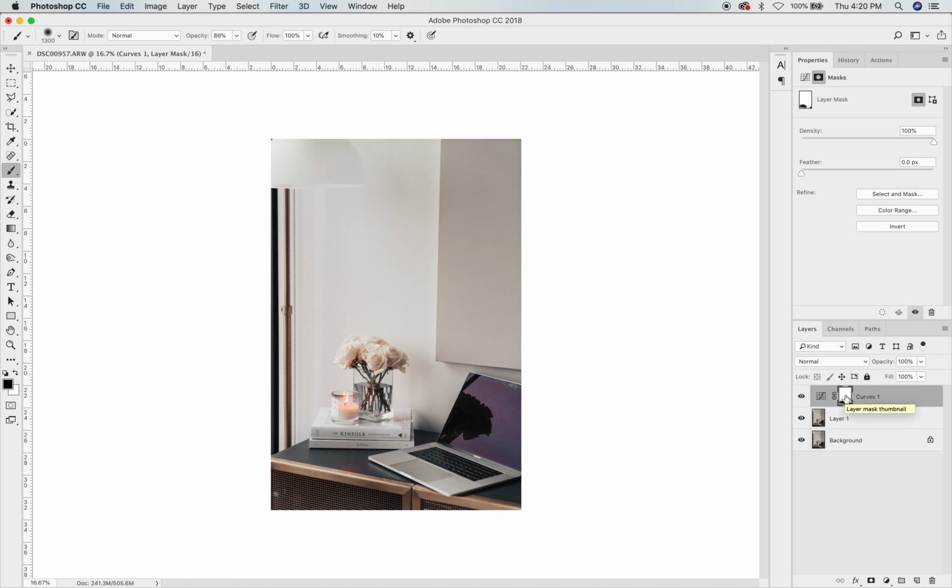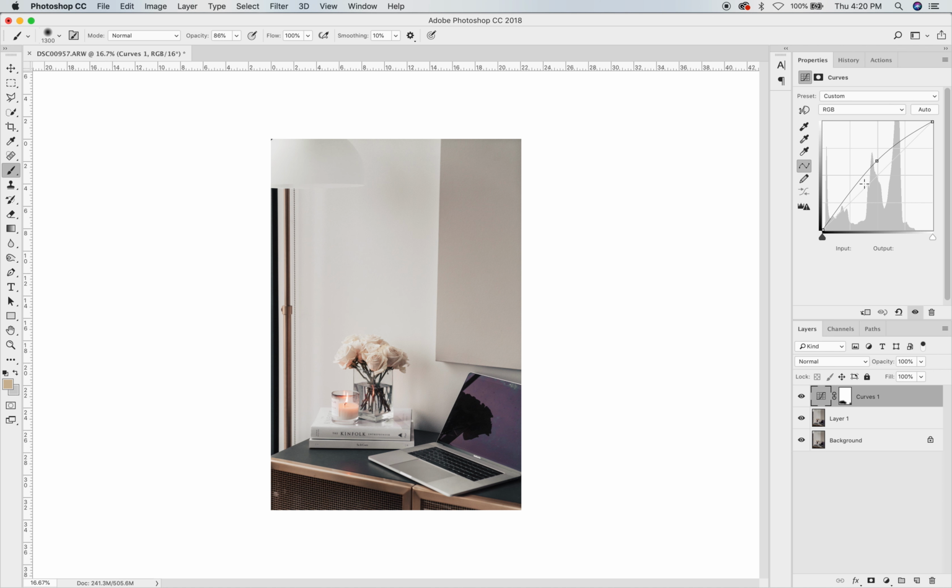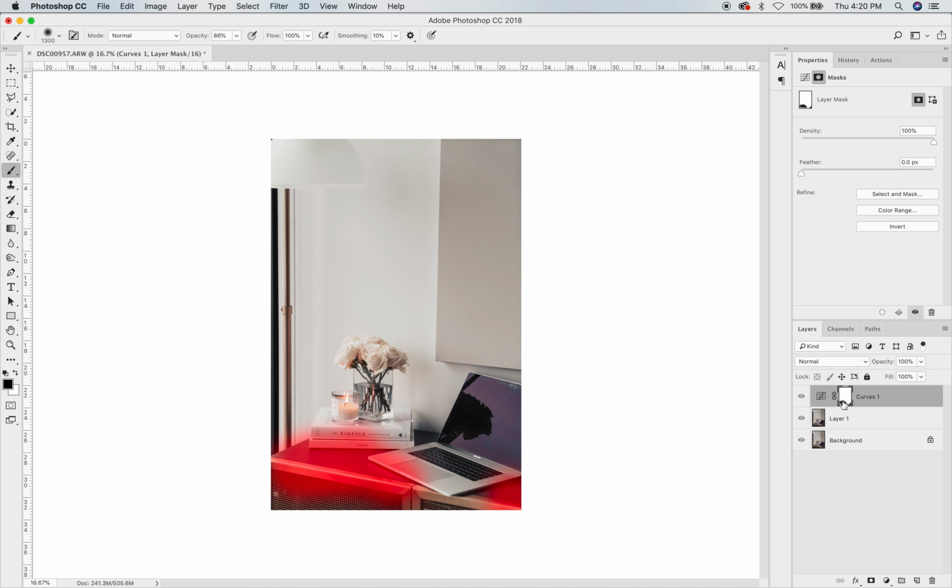So I'm gonna hit backspace. That's the shortcut key to show you where your layer mask is hitting. And so right now, this curves adjustment is making the image brighter, except for the parts that I painted out black. And so I can see that it's actually affecting the books,